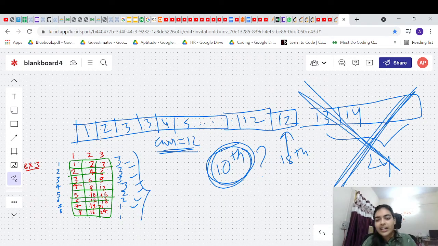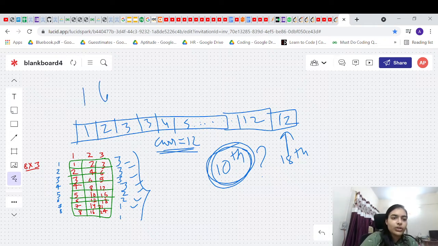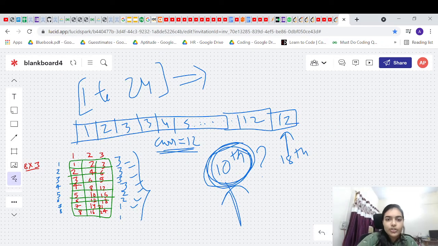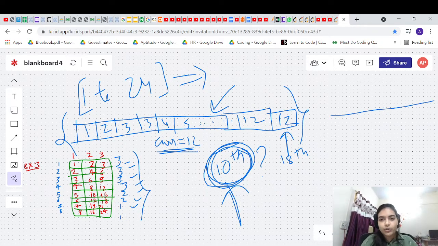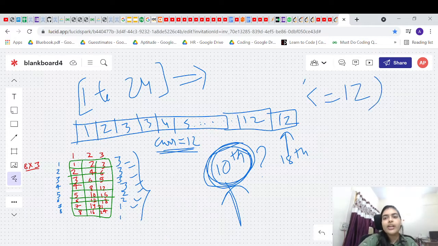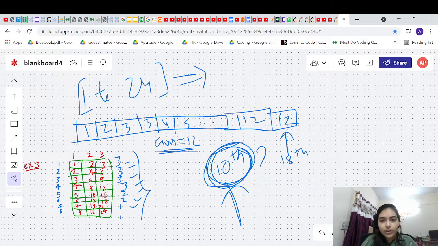This is what our binary search algorithm is doing. First we knew elements from 1 to 24 were candidates for the answer. But now we know 12 is itself at the 18th position and we want to find the element at the 10th position, so it has to be somewhere from 1 to 12. It can never be any element greater than 12. So in this case, the answer is going to be less than or equal to 12.